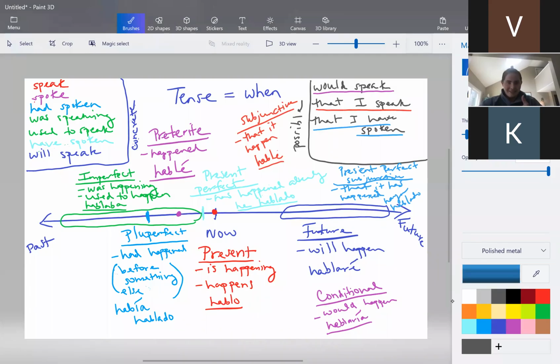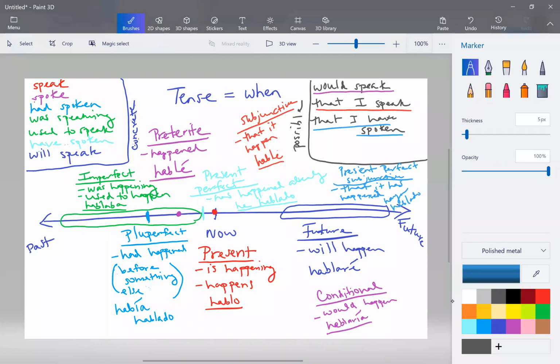Me too. Okay, so does anyone have any questions about the tenses? No, thank you. No? We feel good about this? More or less? Yeah. Okay, wonderful. I'm gonna save this picture. I'll put it on Classroom for you. That assignment will go online later today. And if you have questions, email me, okay?